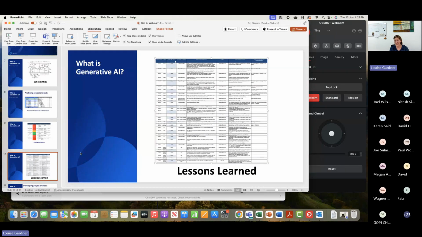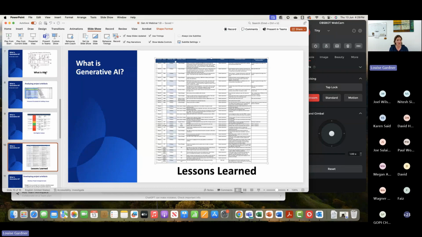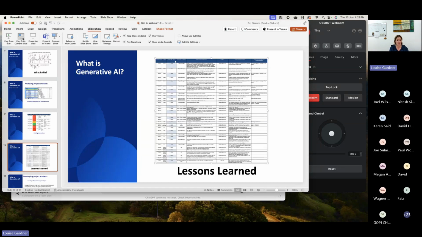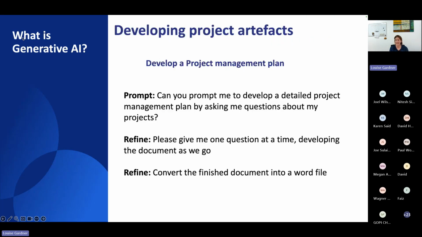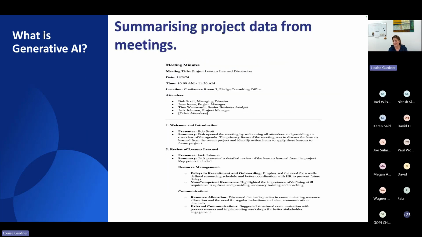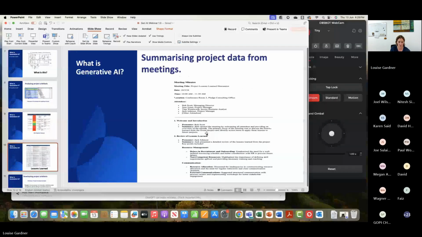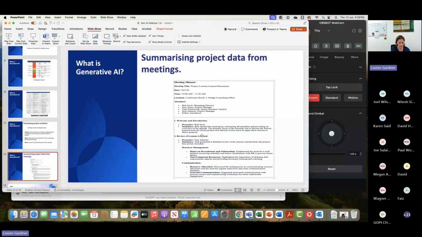But what I used, and I'm just going to the next slide, I actually used this lessons learned table, and I asked it to pretend we'd had a meeting to talk about lessons learned, and generate the meeting minutes, and it came up with this. Then what I did with that was